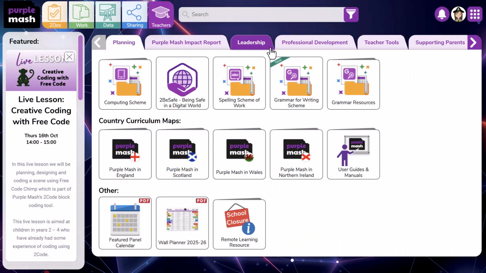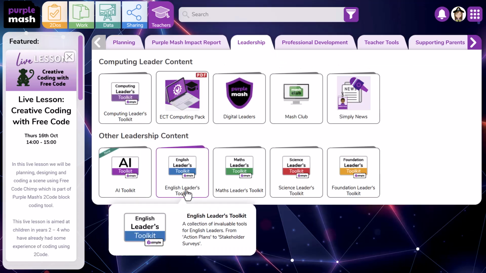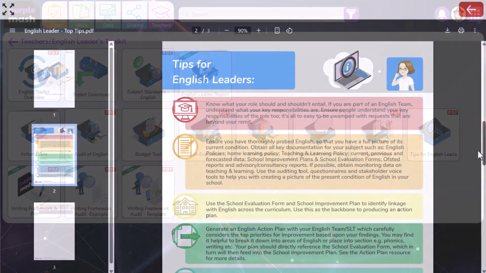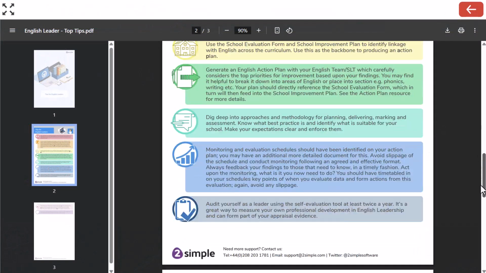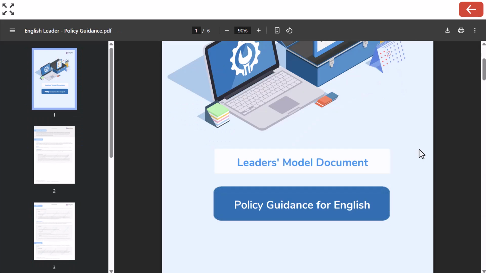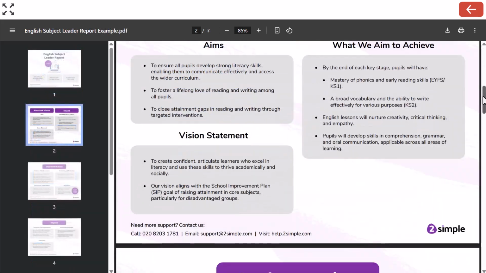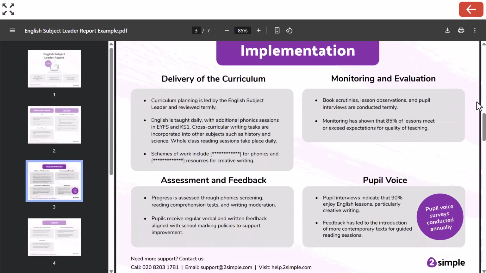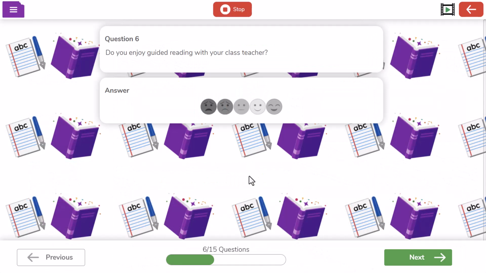Looking at how Purple Mash can support you in your role as English lead, you will find in the leadership area an English Leader Toolkit, which provides you with an extensive collection of tools and resources, such as tips from English leads, action plan templates, English policy exemplars, and a self-evaluation tool for you to assess the key areas of your leadership. You could use the pupil voice and staff survey documents to help you understand the experiences of all